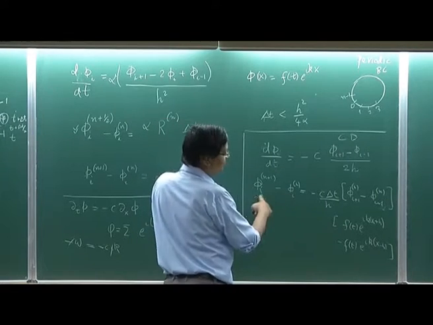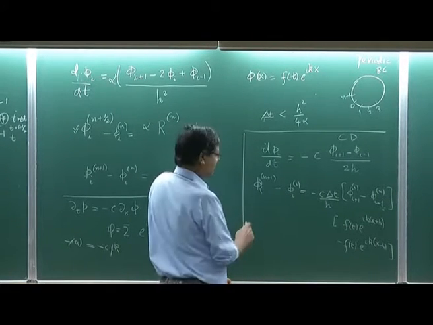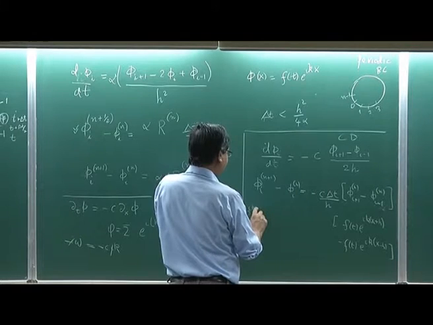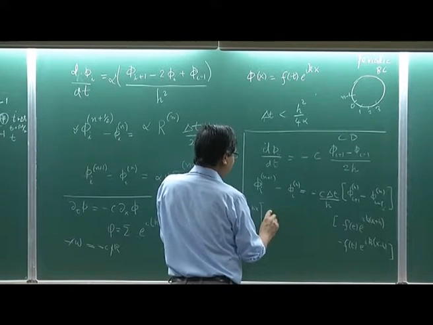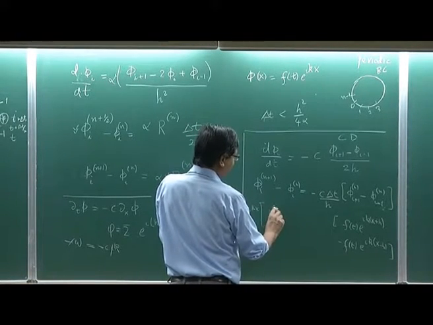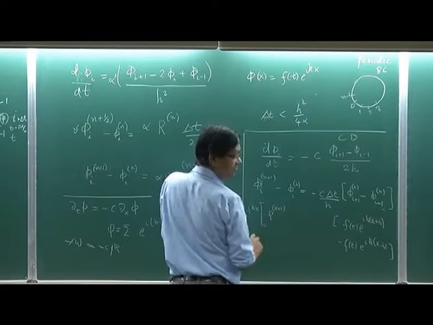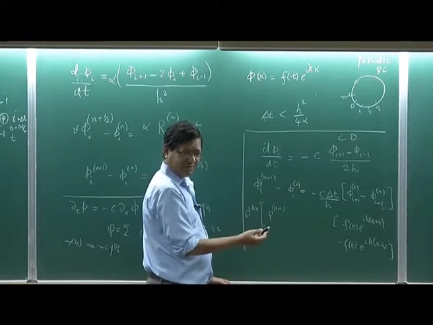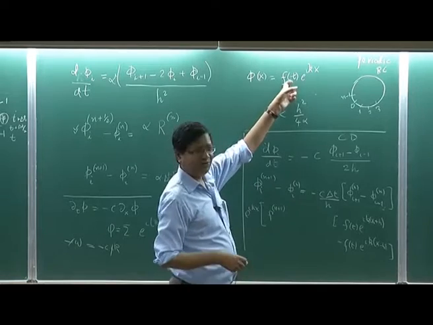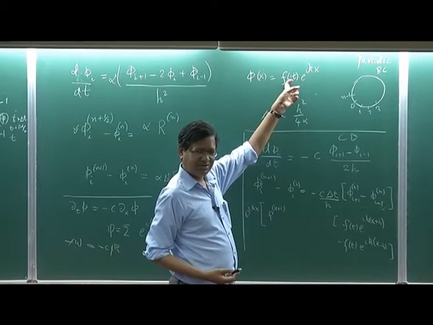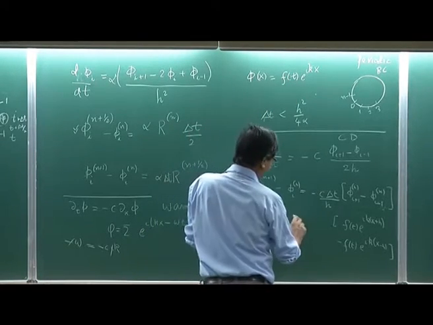So both of them will have e to the i k x, so e to the power i k x comes out, and this is in fact f n plus 1 later time, and this is only function of time. So I do not put space index, minus f n